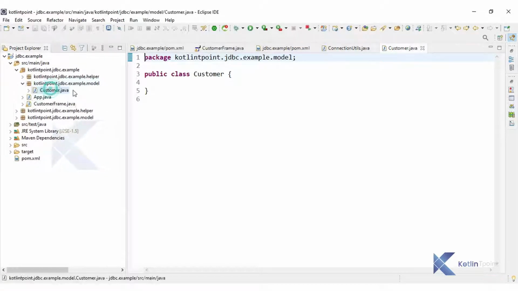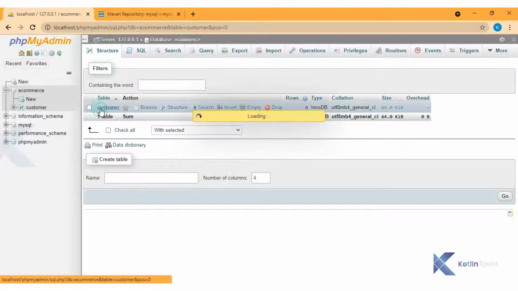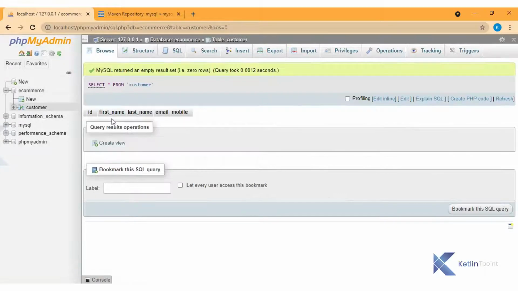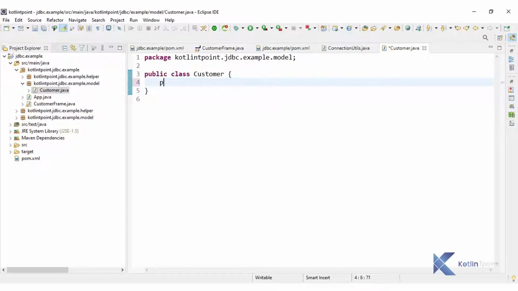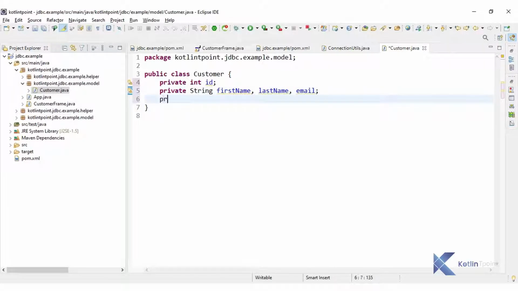Next we are going to make our model class ready. So what will be the fields inside this class? That should be according to your table. So here you can see my table contains ID, first name, last name, email, and mobile number, right? So these 5 fields we have in our table. So accordingly I can create private Integer id, private String firstName, lastName, email, and mobile number. You can see the data type of our mobile number is bigint, so accordingly our type should be, in Java, long mobileNumber.